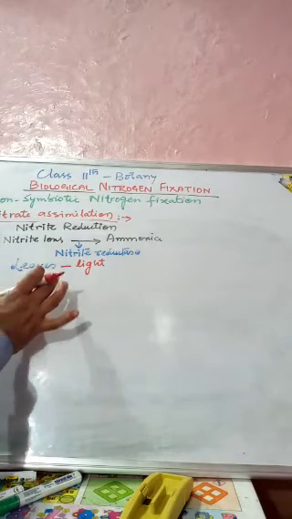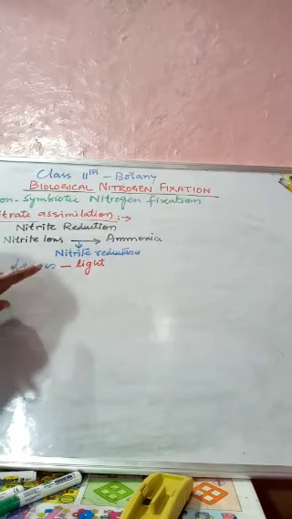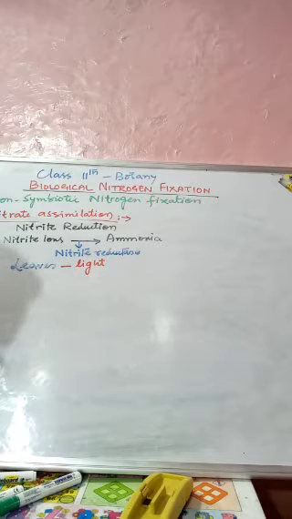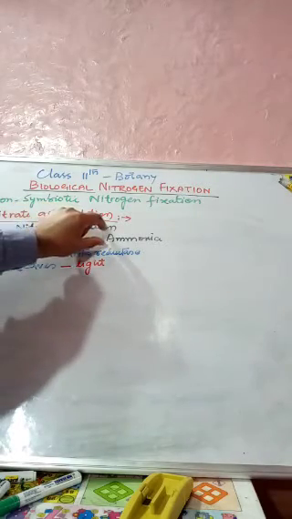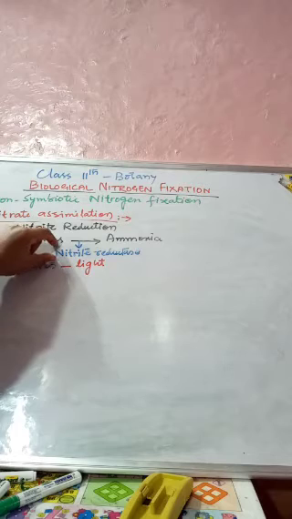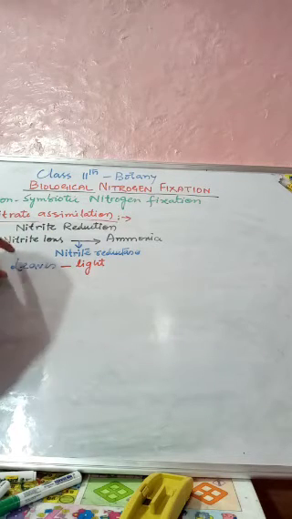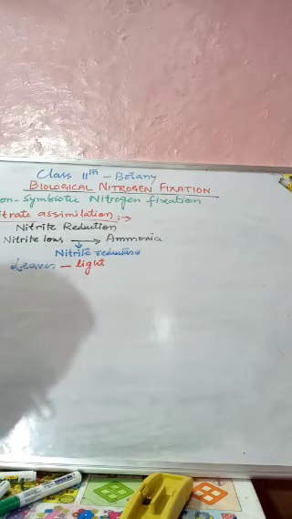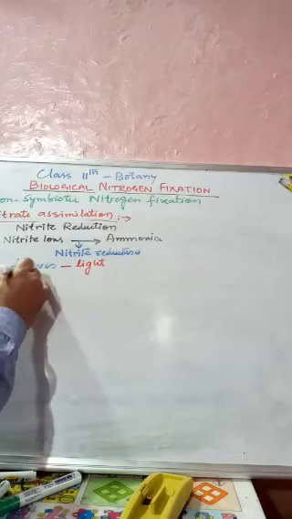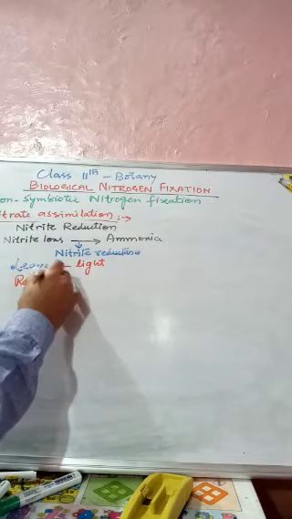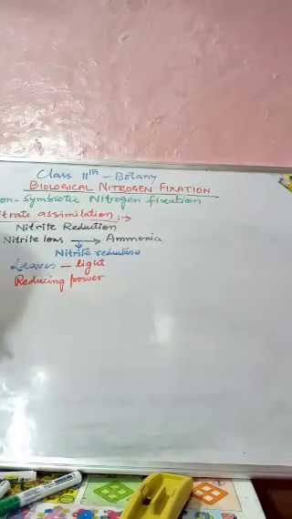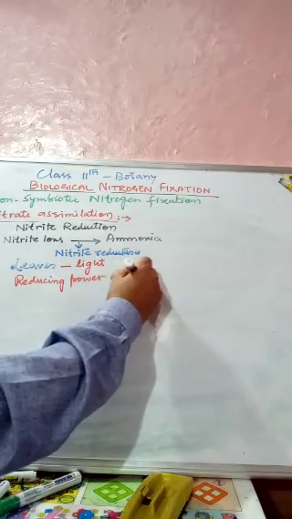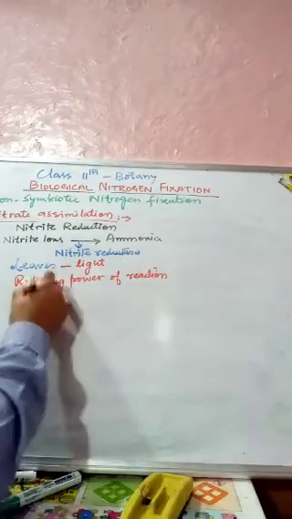So this is due to the reducing power of reaction from photochemical splitting of water. We will say the nitrite ion gets reduced to ammonia by means of this nitrite reductase, and it mainly happens in the leaves, and its speed is very high in the light. It is due to the reducing power of reaction from